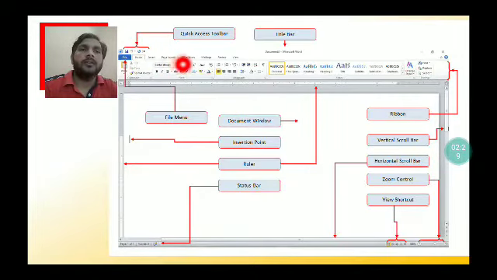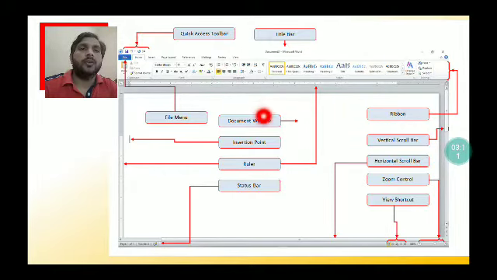And next component, here you can see Title Bar. The first strip, the blue color strip here, is the Title Bar of MS Word 2010. Here you can see the name of document written over the title bar. And next is File menu. You can see this is the tab, first tab of MS Word 2010. This is the menu bar also. This is called as menu bar.